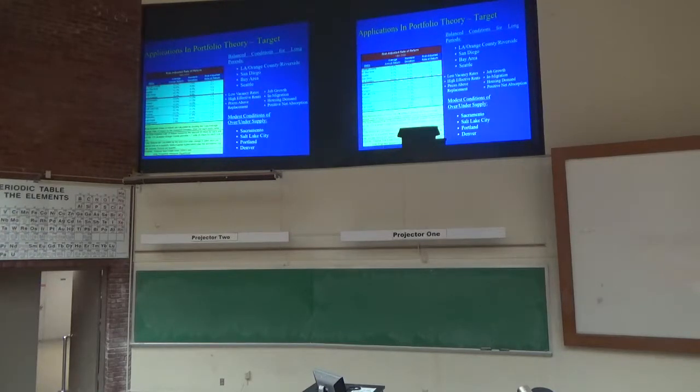So I basically found a data set, and I calculated the average annual return over a 20-year period for the different metropolitan areas for the apartment market. So that left column right there is the annualized return, okay? And then I ran the standard deviation, divided the total return by the standard deviation to get the risk return ratio, the unit of return per unit of risk.